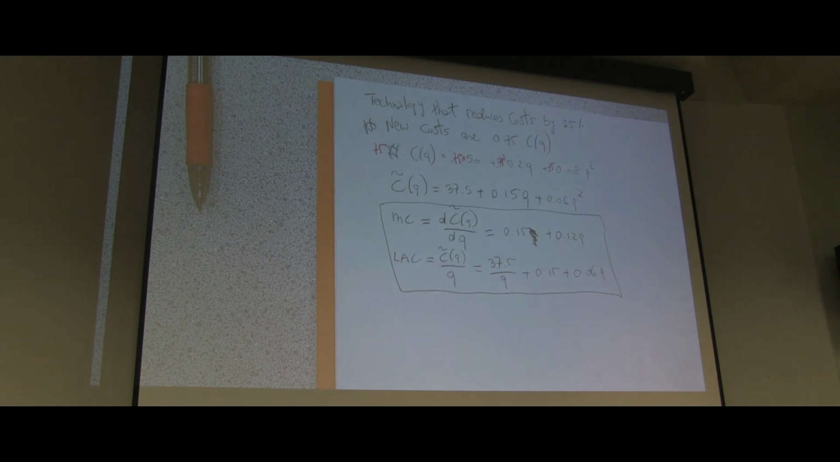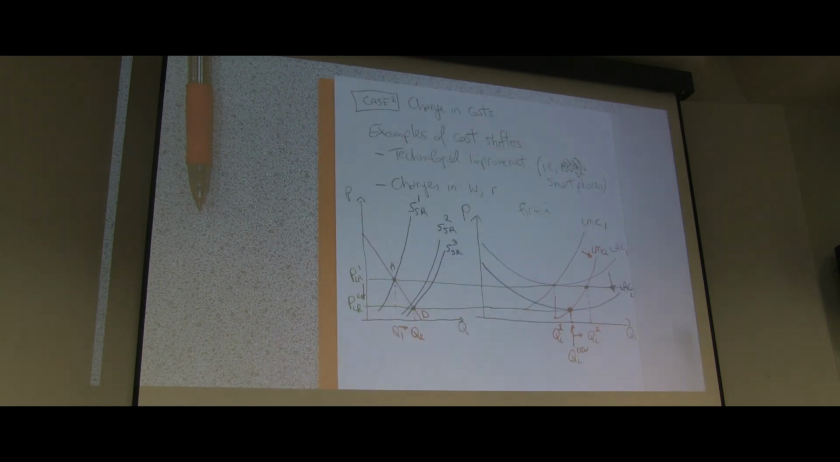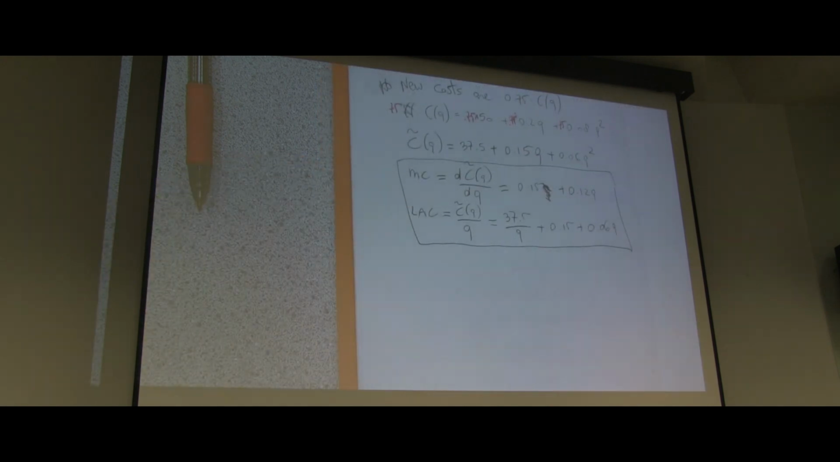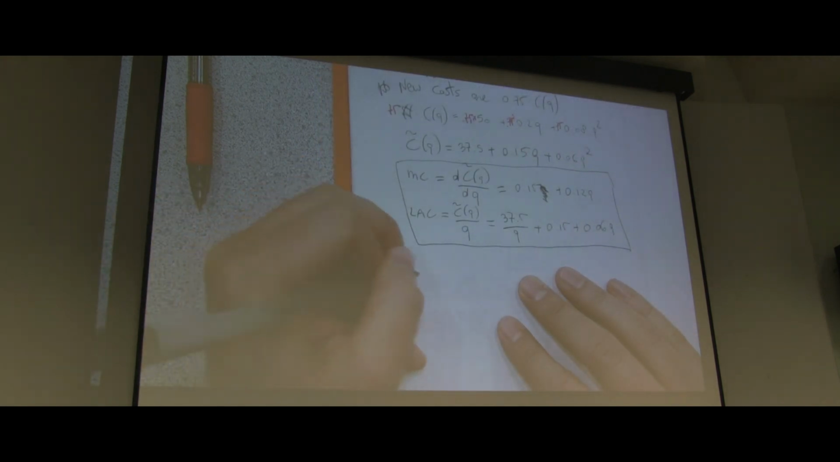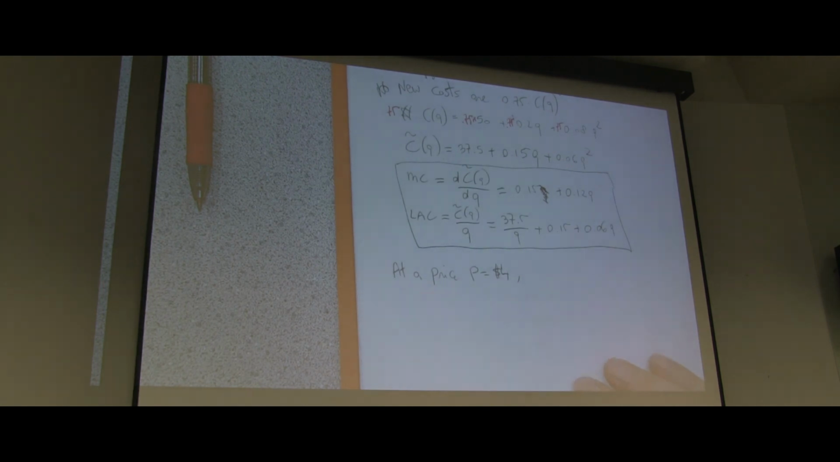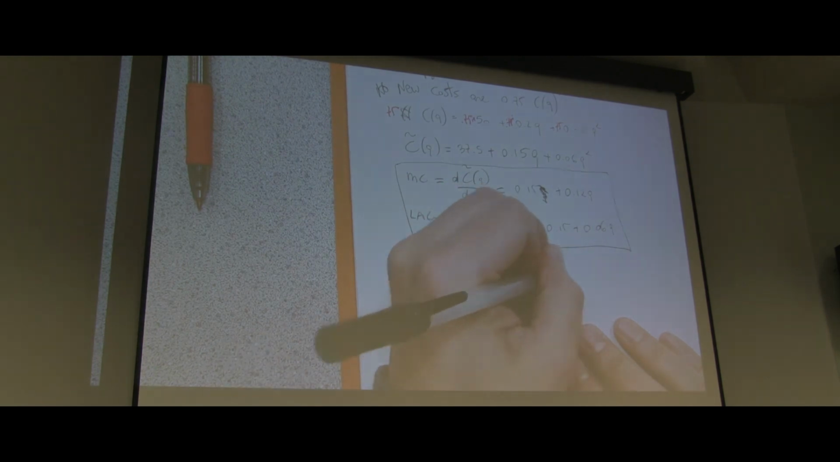Okay, so now I have LAC2 and LMC2. I know that the price is going to be equal to 4, so I can say what is going to be the supply of the firm. Price equals marginal cost. So at a price P equal to 4. Okay. Price equals LMC means